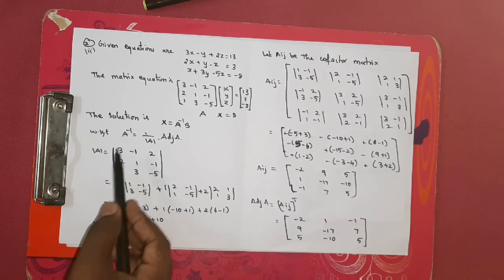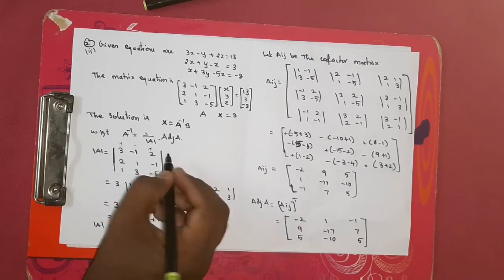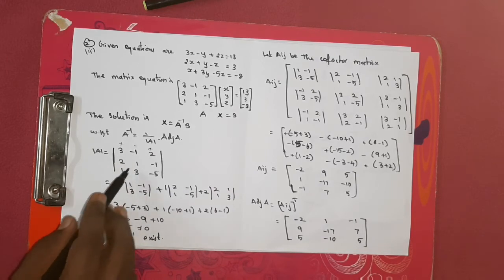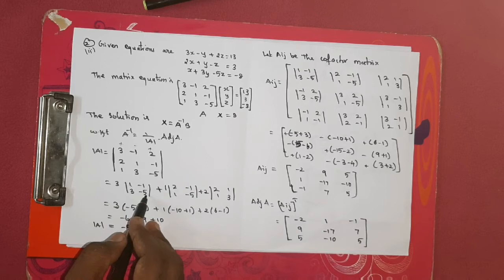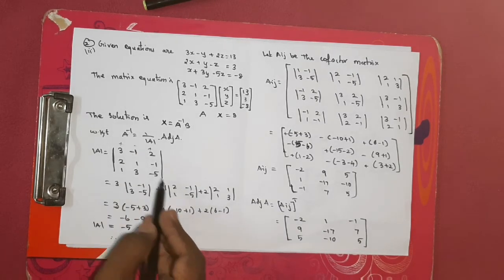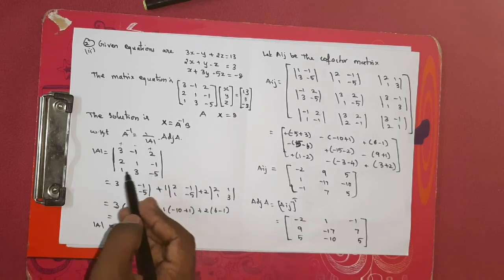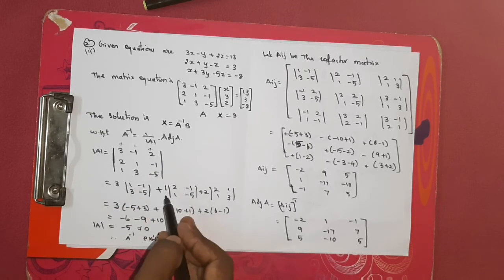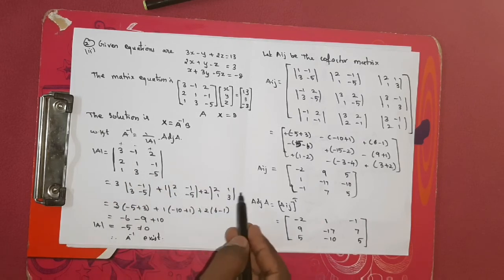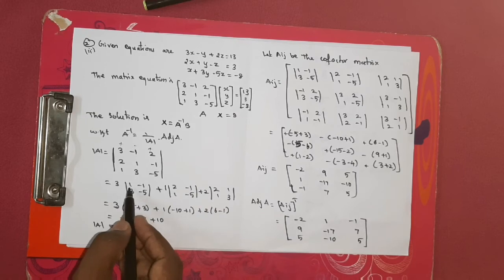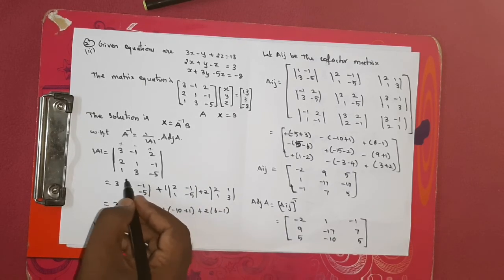So determinant of A. For this A you apply determinant. Now solve this. Put plus minus plus over it and solve. So 3 you keep it, and the minors are 1, minus 1, 3, minus 5. Put in a determinant. Then minus of minus will become plus 1. Then multiply with this minus 2, minus 1, 1, minus 5. Okay. Then plus 2, leave the row and column, the remaining entries are this, put in a determinant and multiply with this.